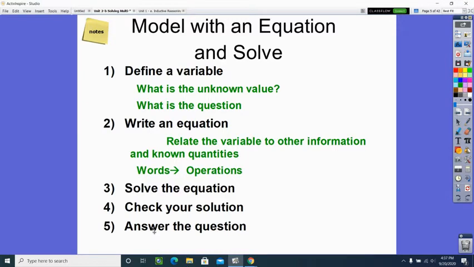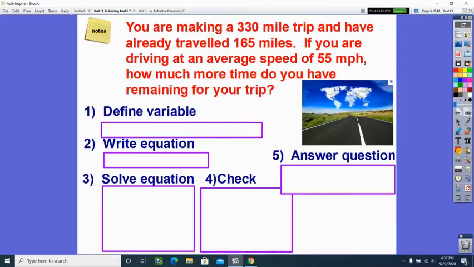That often entails making sure you have your units, but in future units, you really have to make sure that you answered the correct question. And we will already be talking about that in just a few sections down the road. So let's look at a word problem, or I like to call them application problems. Let's say you are making a 330-mile trip and you have already traveled 165 miles. If you are driving at the average speed of 55 miles per hour, how much more time do you have